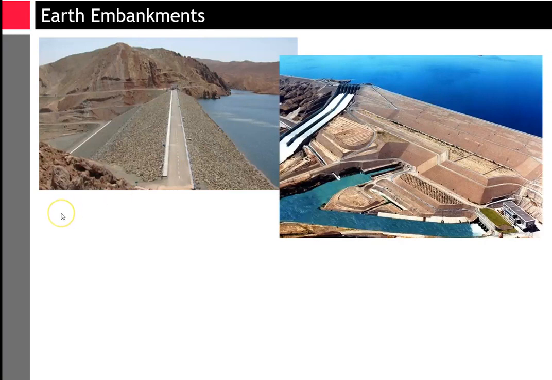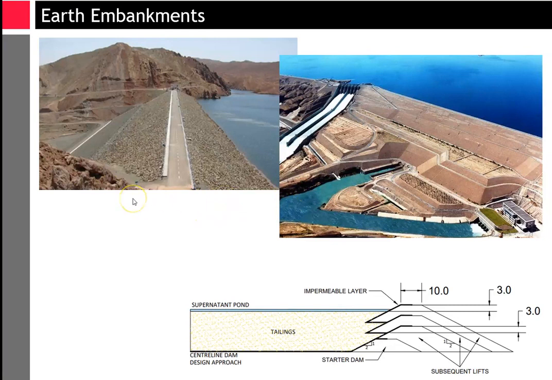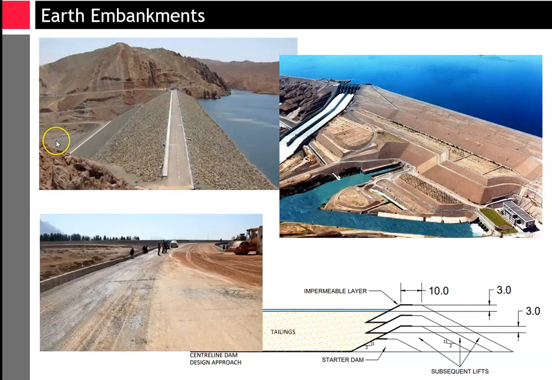We also more commonly use different types of soil materials in different configuration systems to build earth embankment dams, as you see in the right picture here, again for storing water behind them. We use embankment systems in the form of tailing dams for storing tailing, which is mined waste materials, behind them. And eventually earth embankments are also used in design and construction of roads and highways and other types of applications,